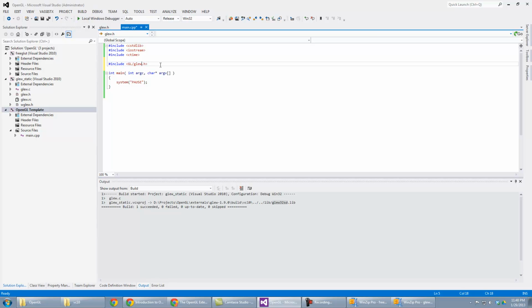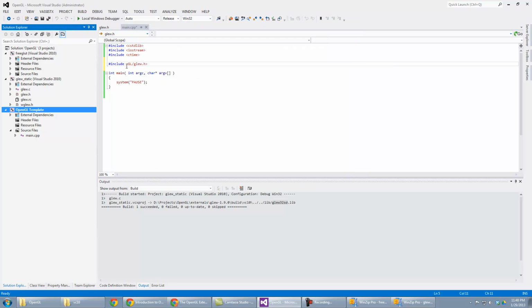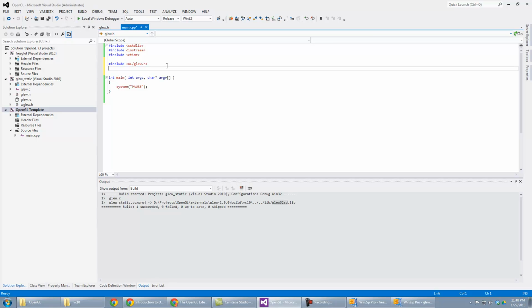Now you might be wondering why I used angle brackets instead of quotations. Well, this is not just a personal preference of mine, but these angle brackets specify to the compiler to first search external paths. In other words, paths that were specified in the project settings here. And if it can't resolve a file name in the external paths, it will then look relative to the file itself. Whereas if I did this,